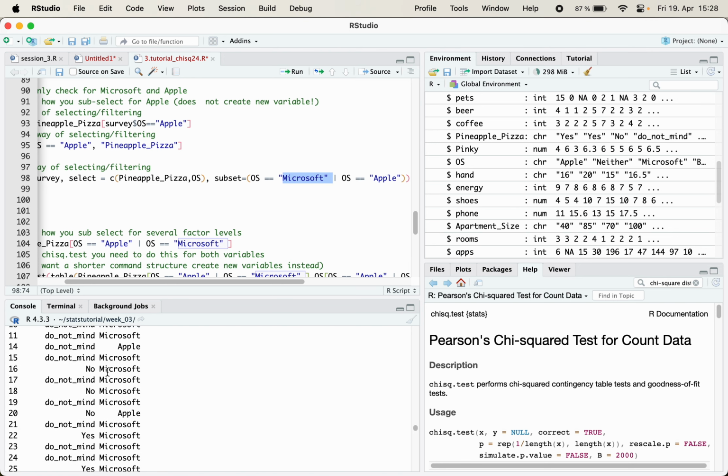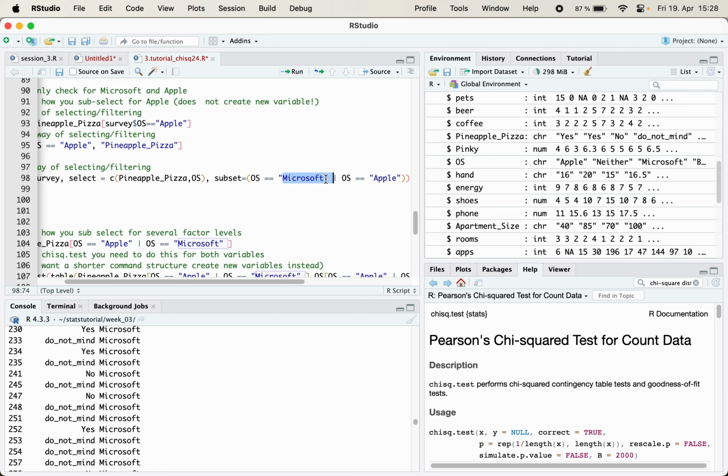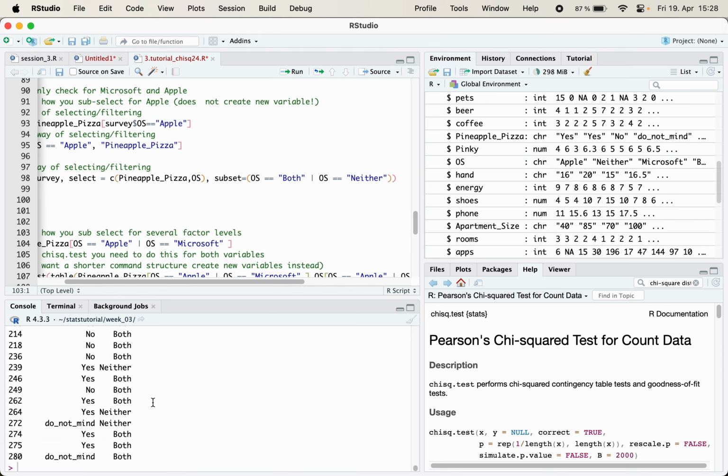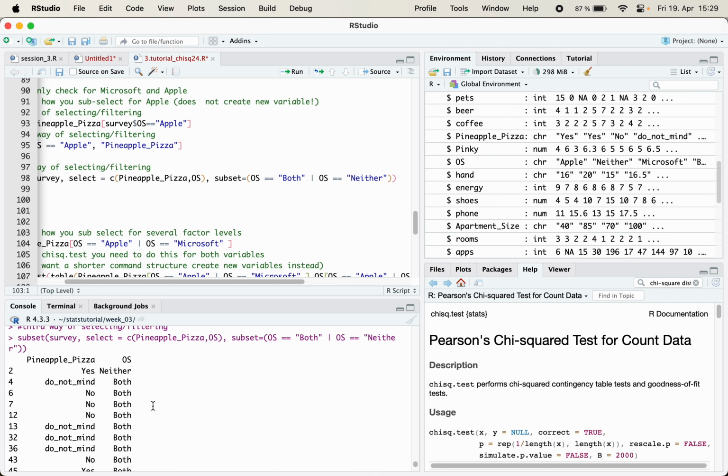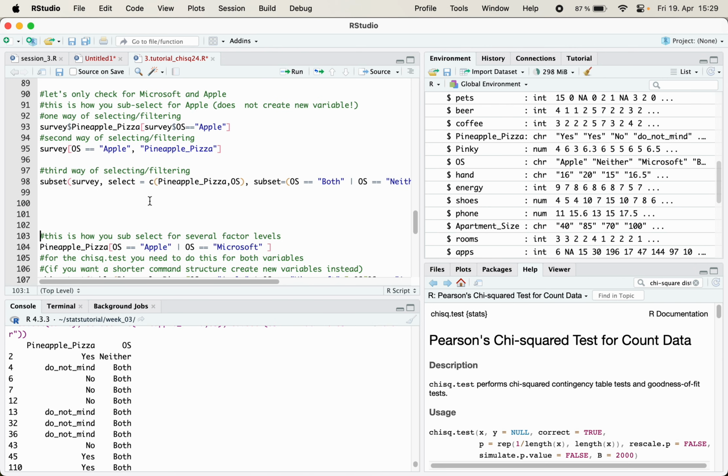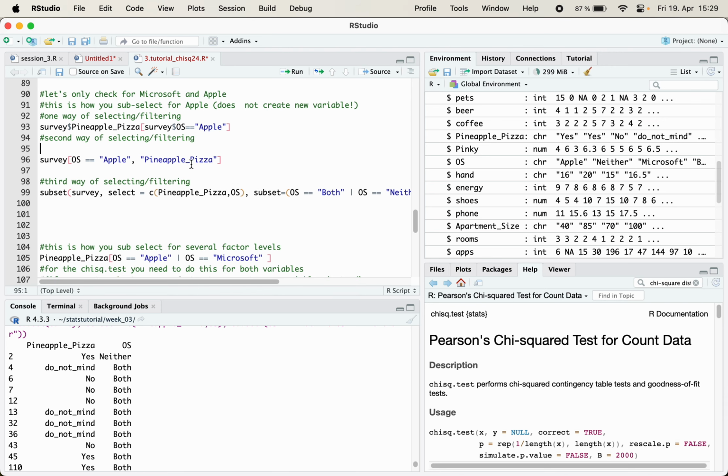You can see here, if you want to see also both, neither. Okay, you can see here that it's only neither or both. Okay, so these are the ways of selecting things, and I recommend you to play around with selecting other columns and applying other criteria. Okay,